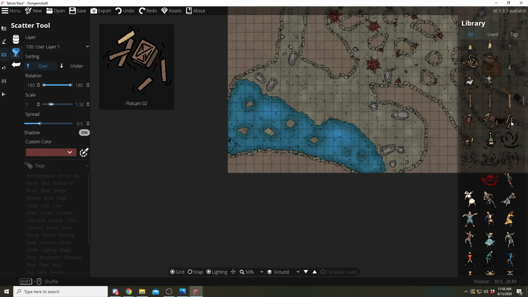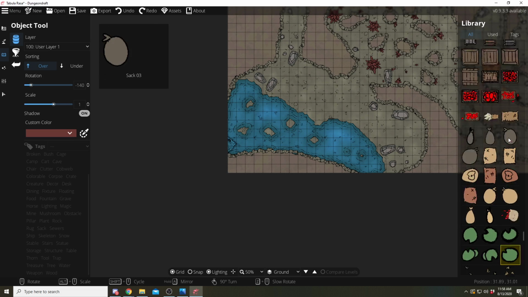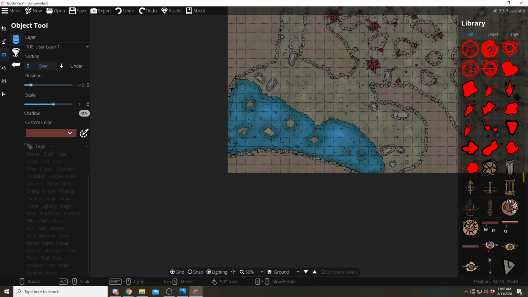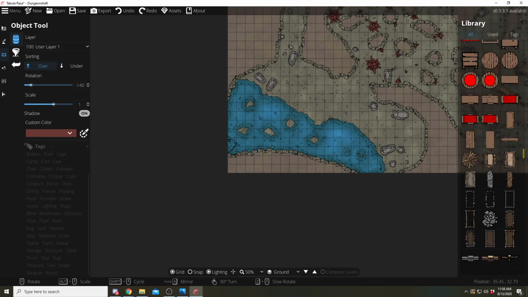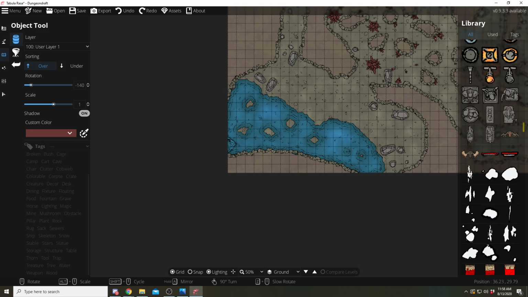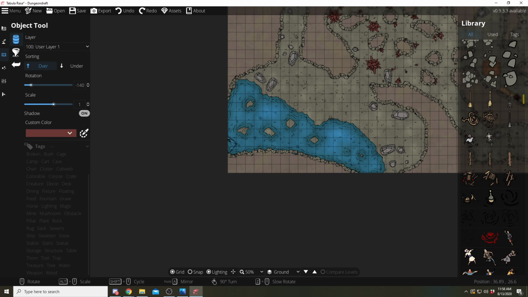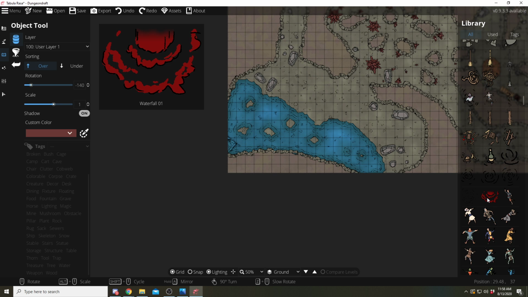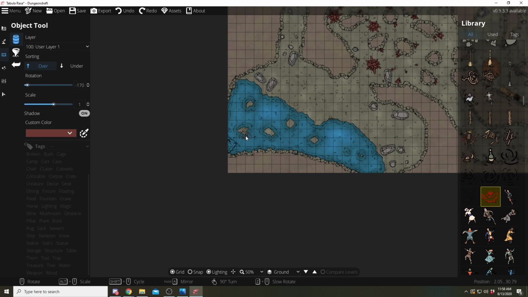I did want to add this, which is a waterfall. I wanted to scale that waterfall up. Means that I have to go back to object mode. This is kind of annoying that you can't just toggle between the two, or they're not baked into each other, because I have to constantly switch back and forth, and then I have to go find it. I also don't know why the waterfall is red compared to the rest of the place, which is not red. That's very annoying. Alt scroll is scale,